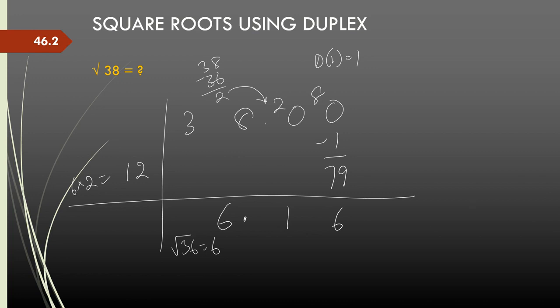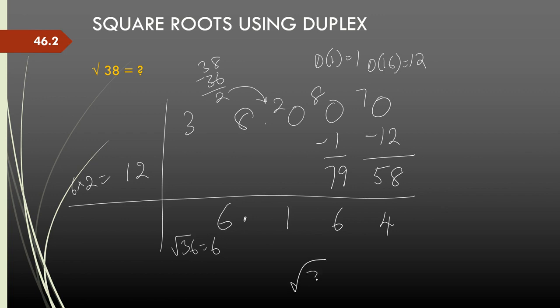Now, let us say I want one more decimal, so I add another 0. So, 79 divided by 12 is 6 times and the remainder is 7. So, 7 carried forward. Now, here the d will be of 1 and 6, which is 2 into 1 into 6, 12. So, minus 12. So, 70 minus 12 is 58. Now, 58 divided by 12 gives me 4 times, 48. So, I can stop. If I want more decimals, I can continue the process, or if I am happy with 3 decimals, I can stop there.